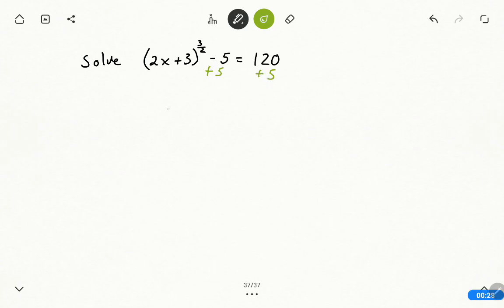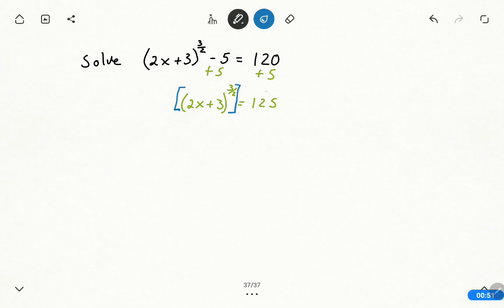We actually do have something outside on this particular problem. We have 2x plus 3 to the 3 halves. That's going to be equal to 125. Now the way we get rid of fractional exponents, there's a couple ways we can do it. The most common is just to